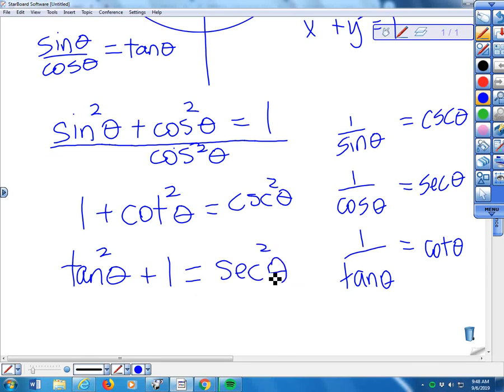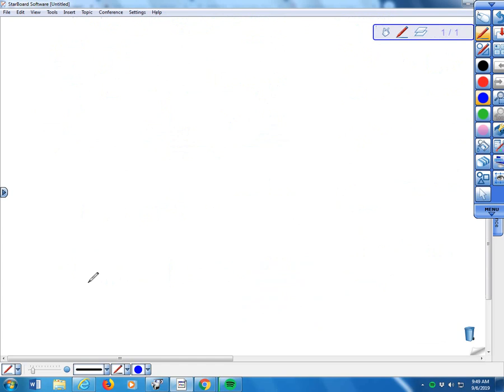So these are the 3 you're going to see the most, as far as, what do they call them? Identity properties, something like that. Pythagorean properties is what they are. So you have sine squared plus cosine squared is 1. 1 plus cotangent squared equals cosecant squared. And then tangent squared plus 1 is equal to secant squared. So those are your 3 Pythagorean identities. Okay, these are called inverse identities here. The other thing to think about,